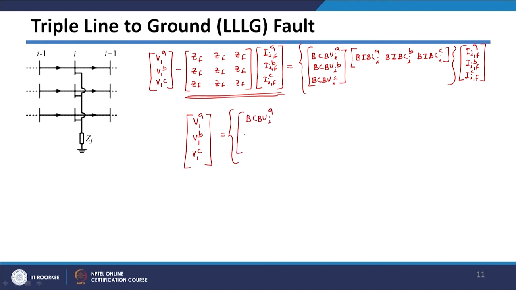BCBV row corresponding to A, BCBV row corresponding to B, C, and then BIBC column corresponding to A, B, and C, and plus your Z matrix we are taking on the right hand side. So ZF, ZF, ZF,